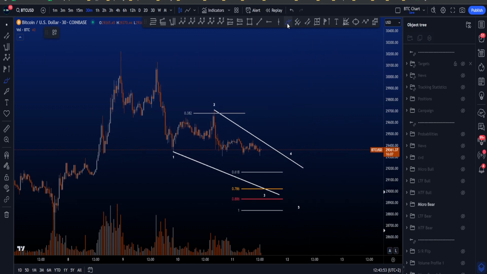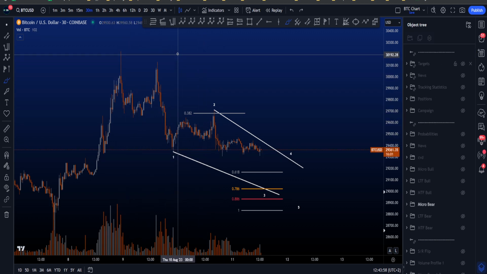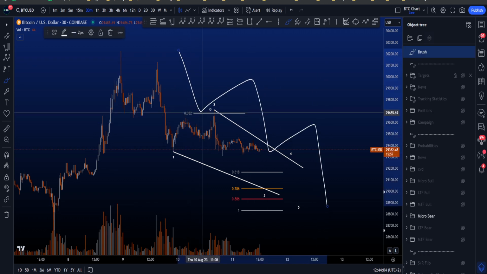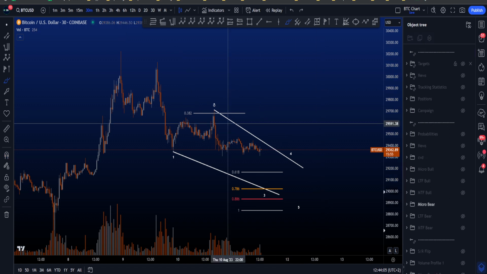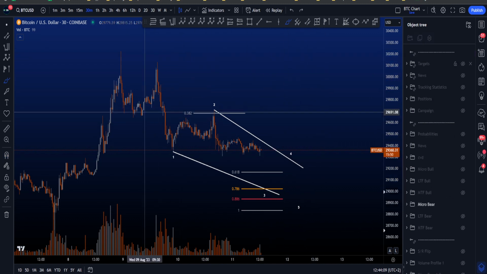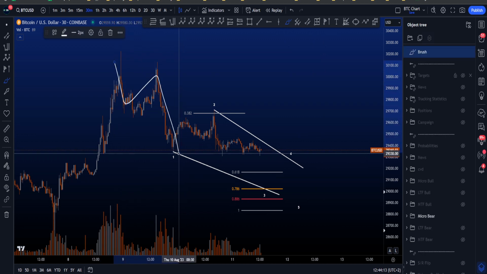have a diagonal on my chart, which is a zigzag diagonal. So a leading diagonal can have two different structures. It can be a 5-3-5-3-5, so you have an impulse, correction, impulse, correction, impulse, or all of the waves are zigzag structures. And in this scenario, this wave 1 over here is a zigzag structure, and then an ABC to the downside,